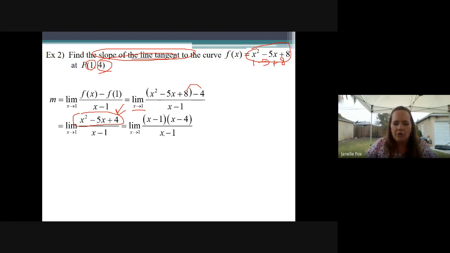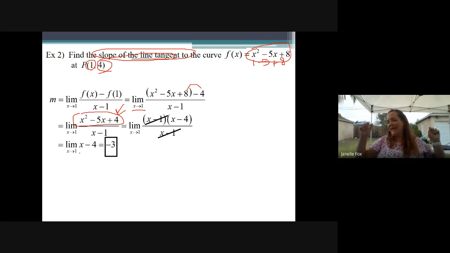And then we have over our x minus 1. Oh my goodness, I have chills. I'm so excited. The x minus 1s are going to cancel. All I have left now is the limit as x approaches 1 of x minus 4. I can plug in 1 now, can't I? And I get a lovely and beautiful answer of -3. Ladies and gentlemen, apparently on this parabola at the point (1, 4), the slope of the tangent line